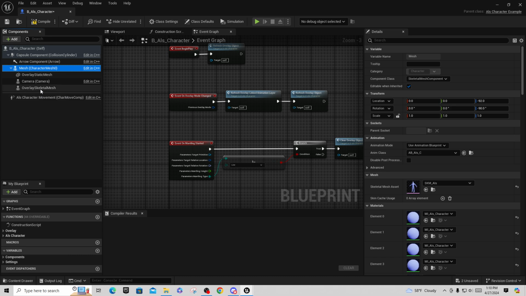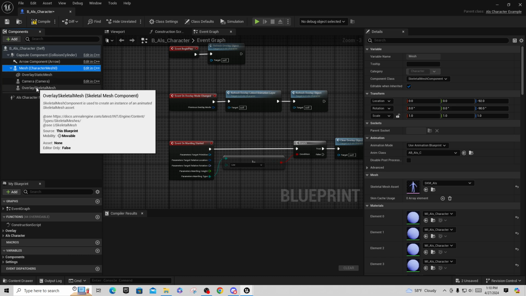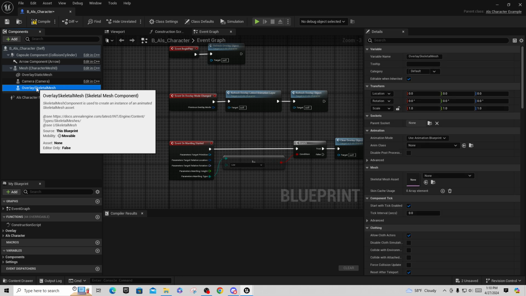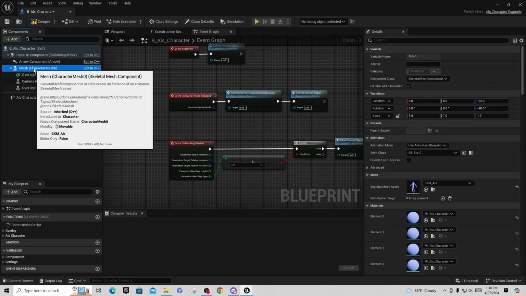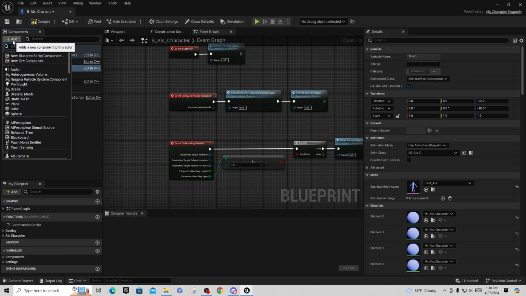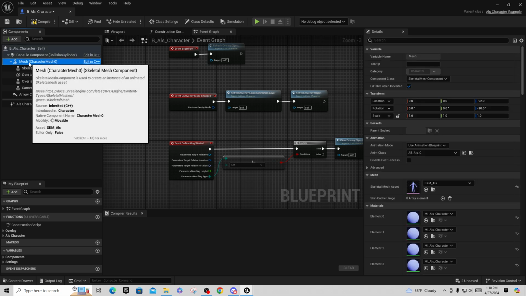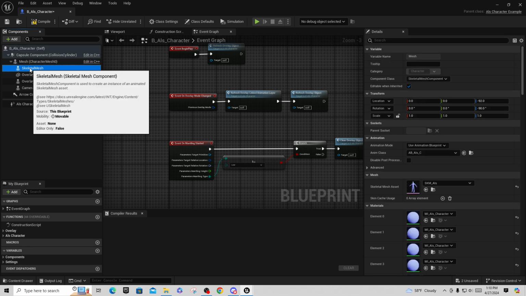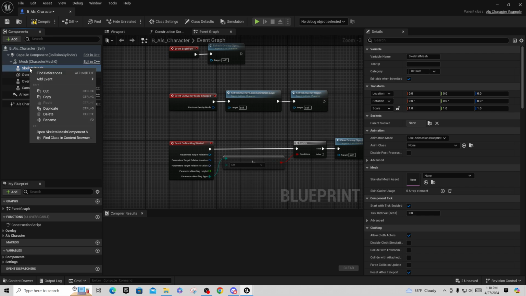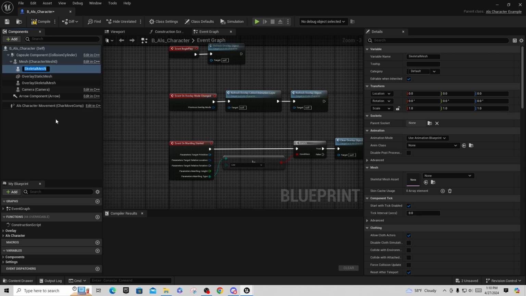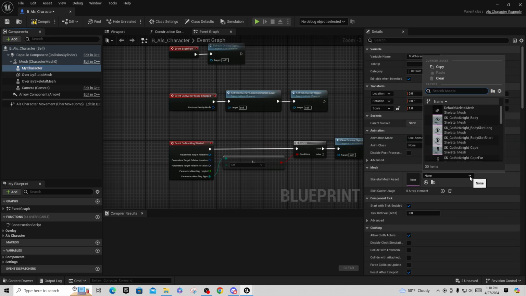So if you go up here now, there's your mesh, and I'm going to say, I don't know what's going on with his overlay mesh, so I'm going to build my own. I'm just going to say add skeletal mesh, and he's a child of this mesh. Okay, that mesh has that character and the anim on it. I'm going to say hide that and make this skeletal mesh. I'm going to rename this to my character, or whatever you want to call it. In my character, I'm going to say I want the Gothic Knight